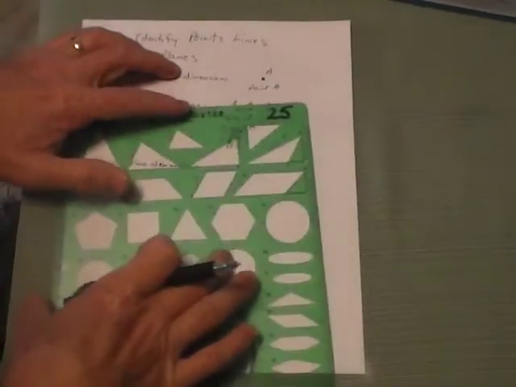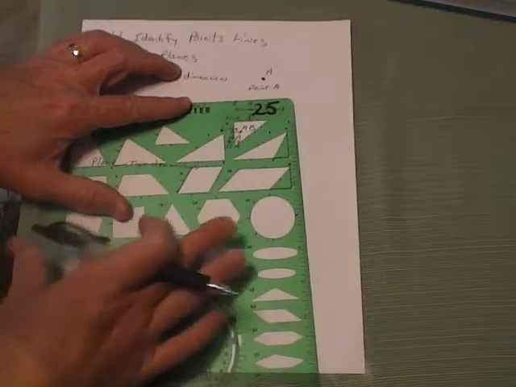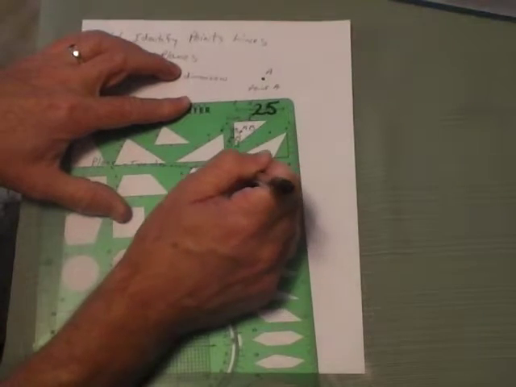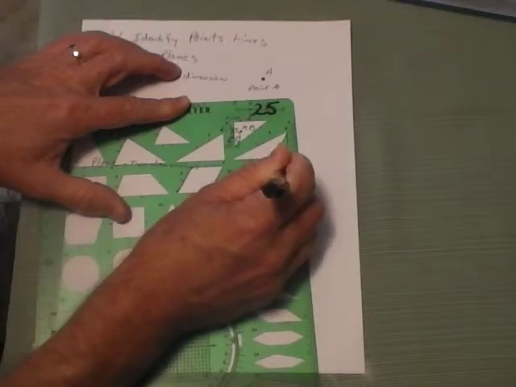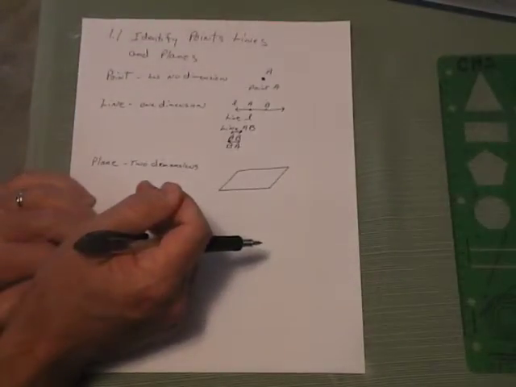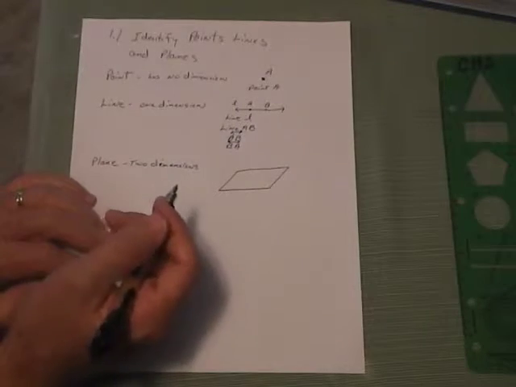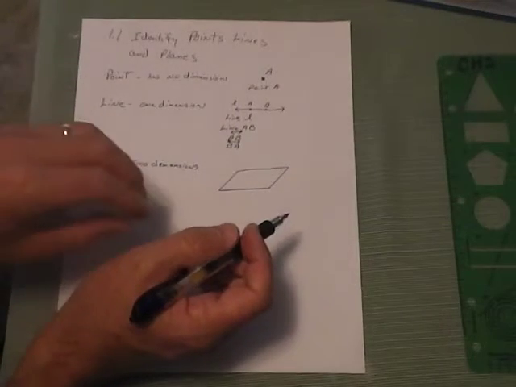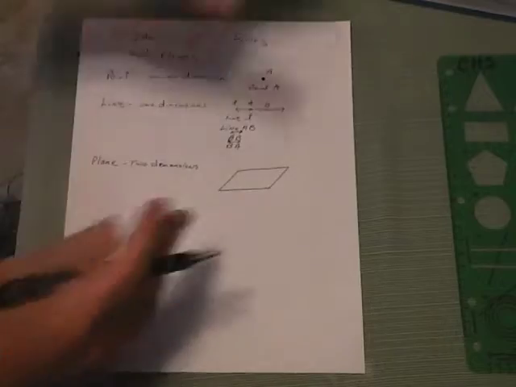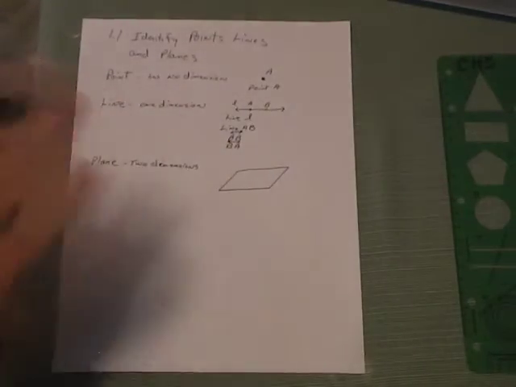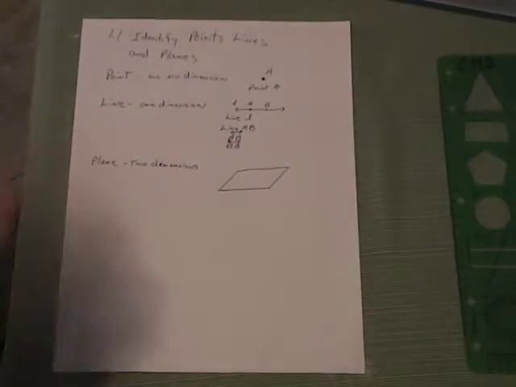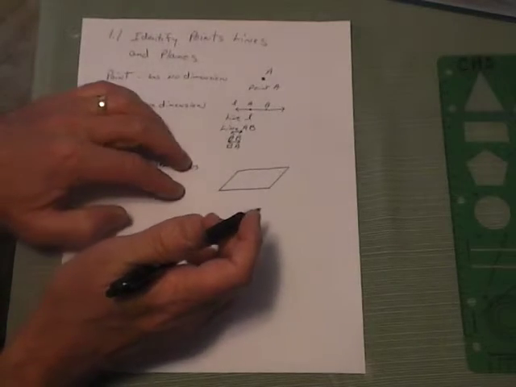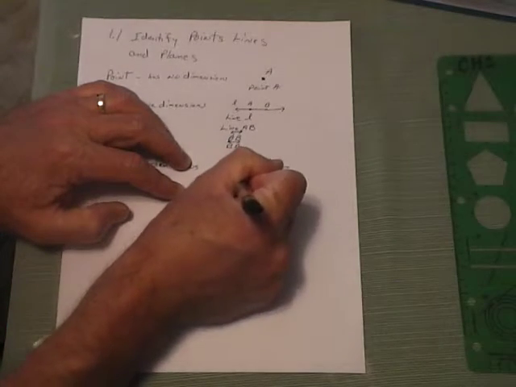And a plane is usually drawn, if we use our template here, you can use the parallelogram template. So a plane looks similar to that, or shows that, even though you have to understand that the plane goes in all directions forever. So it's like a flat piece of paper that goes forever in all directions. If we put points on this plane,